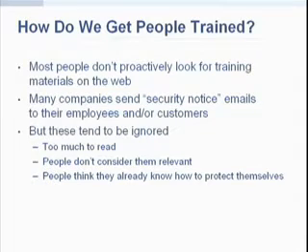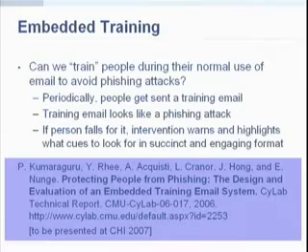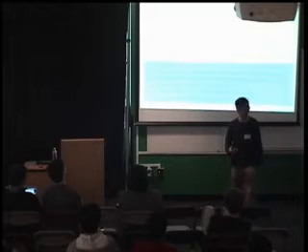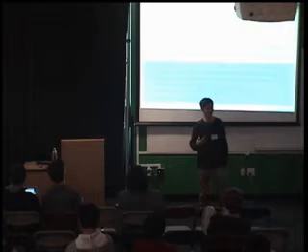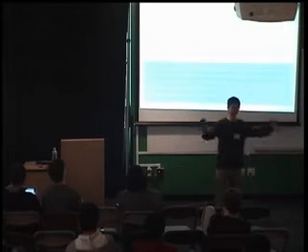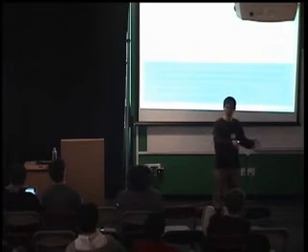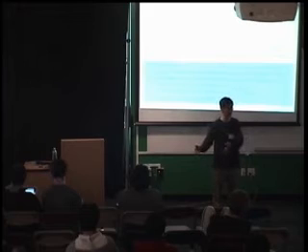So what can we do about this? Another approach that we've been doing is something called embedded training. Here's the basic idea. Periodically, we, or some kind of third party, would send lots of people phishing emails, but they're actually phishing emails from us. The good guys, right? So this is white hat hacking, I guess. And if you happen to fall for one of our training emails, then you actually get an intervention that says, hey, you actually fell for this. Here are things that you should look for in the future, and here's how not to fall for it again.